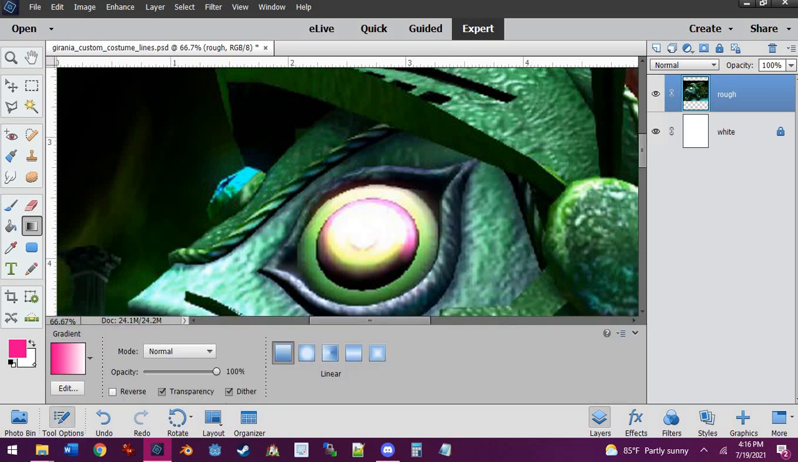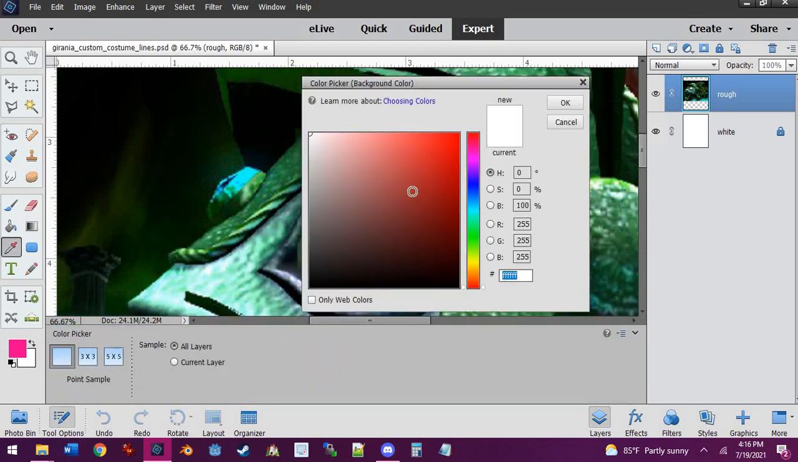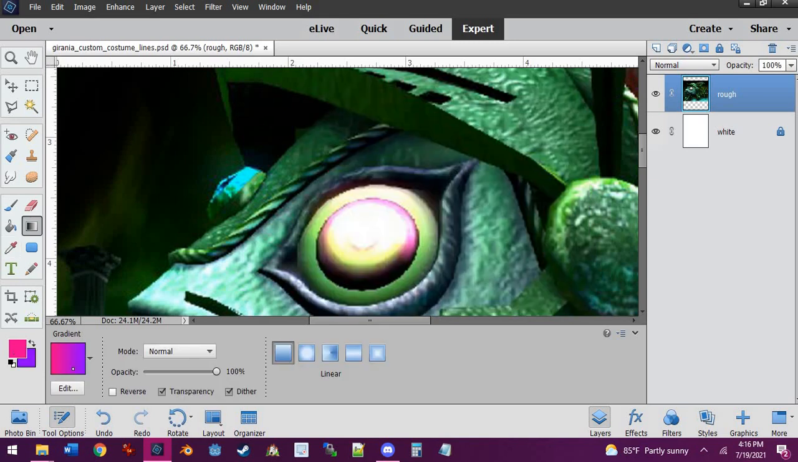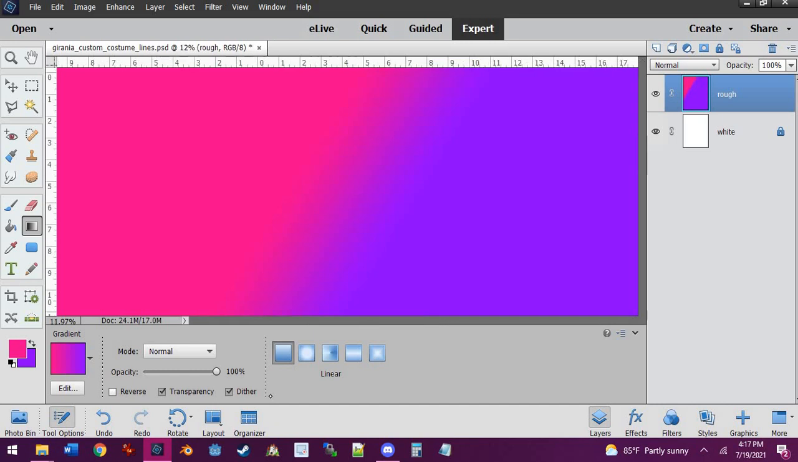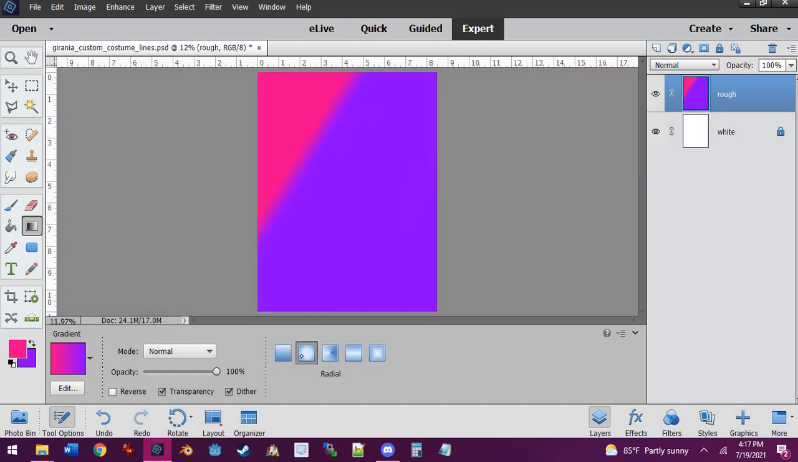So these are our two colors at the moment, pink and white. If we wanted to pick a different color for white, let's say we do, I don't know, purple. Now I've got pink and purple. This will give us a pink and purple gradient. This is one color directly into another color. But if you go on diagonal, it'll go on a diagonal. If you were to pick radial,